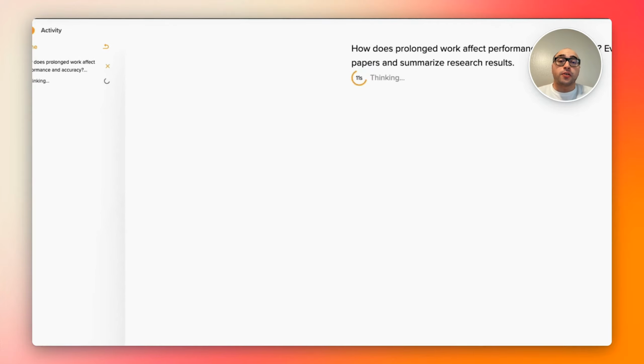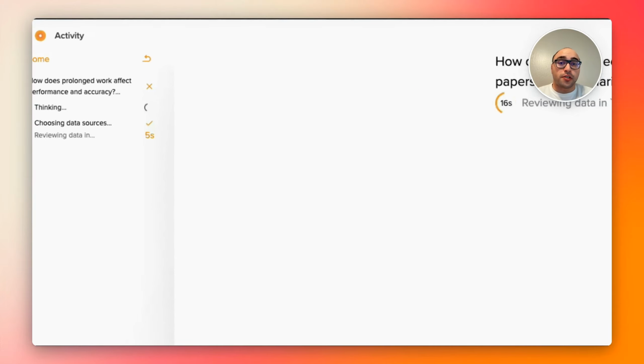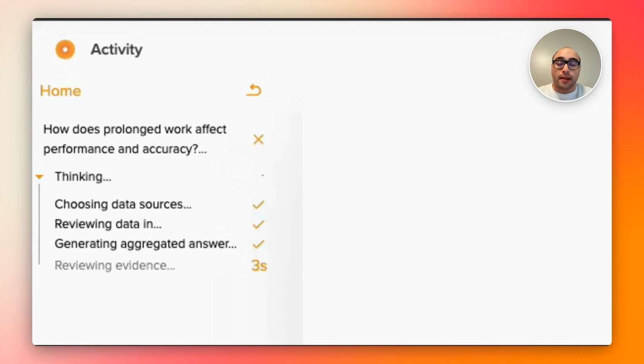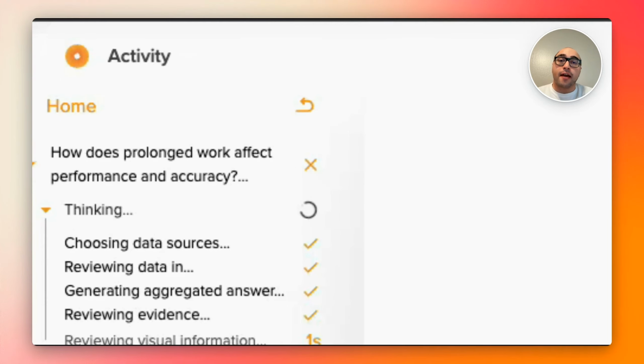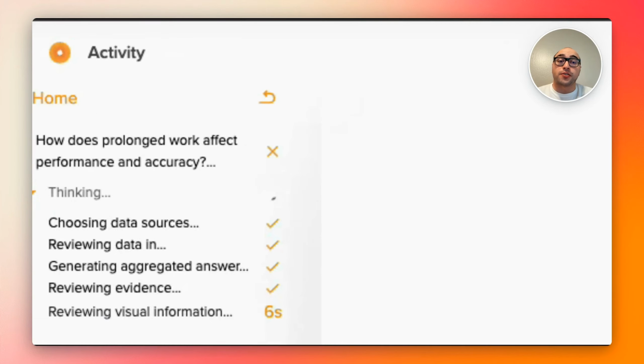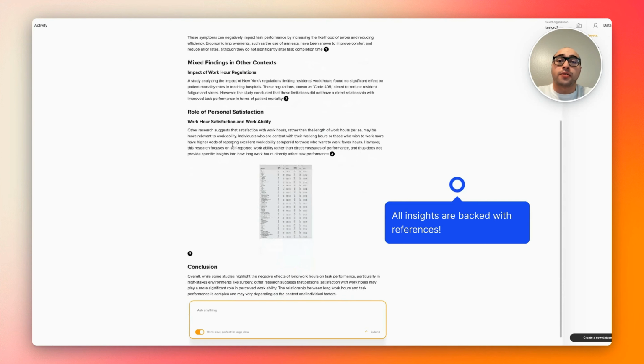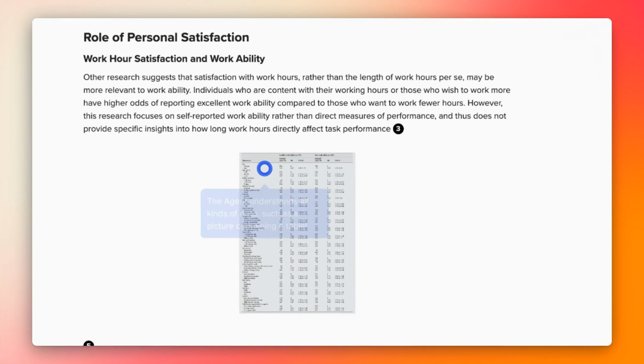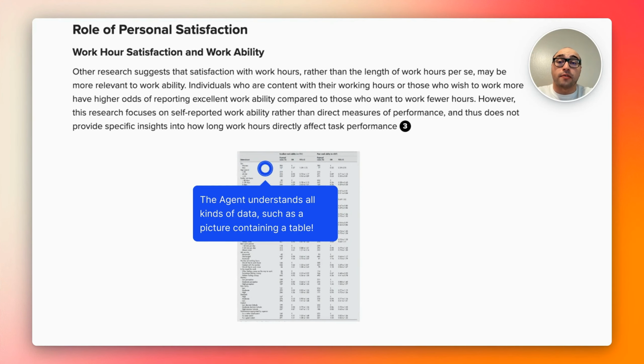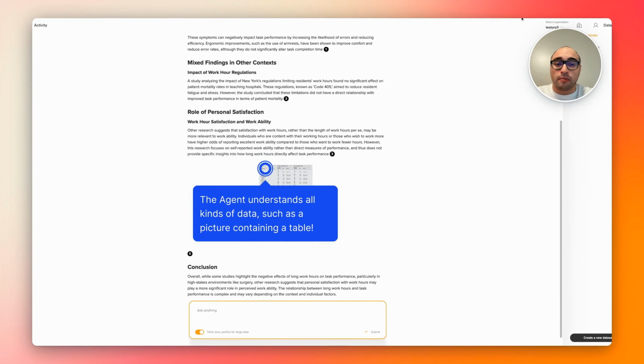Deep Lake AI Knowledge Agent will break down your question into sub-questions, plan their execution, and will find enough evidence to be able to answer your question appropriately. After a while, Deep Lake AI Agent will come back with a well researched, well referenced answer, including also some multimedia results. In this case, a part of the answer was influenced by the information we've detected from a table.